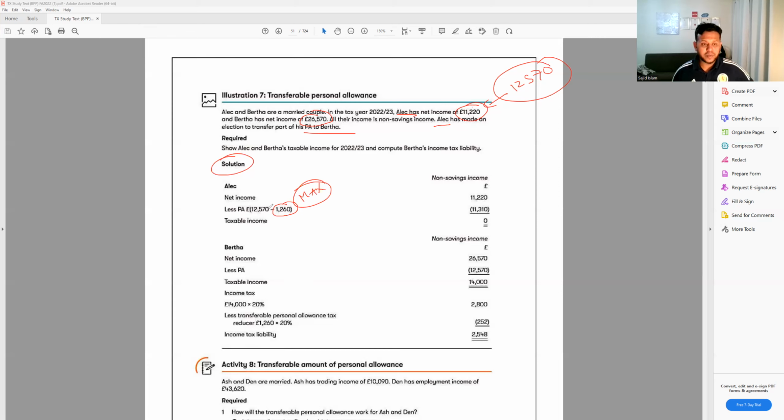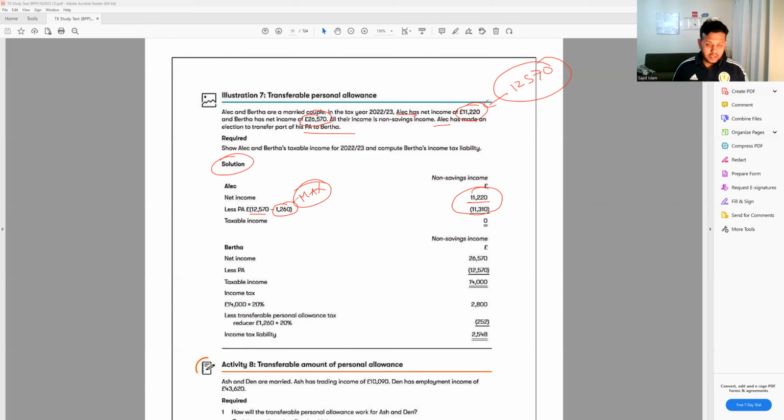So the personal allowance will be reduced for Alice. Normally it is 12,570. But if you minus 1260, the remaining personal allowance will be 11,310. And that covers all the income. So he doesn't have to pay any tax, because he is earning only 11,220. And if he can use personal allowance 11,310, that means he doesn't have to pay any tax because it covers